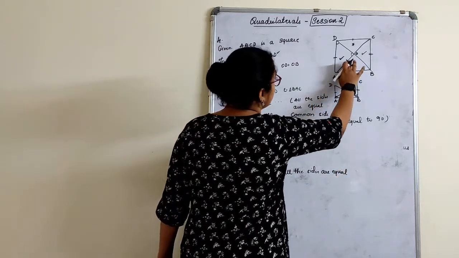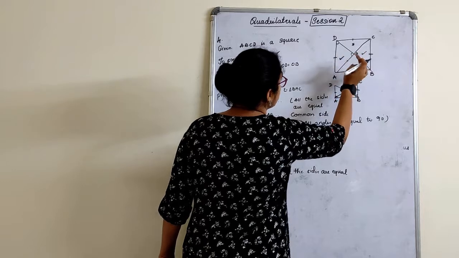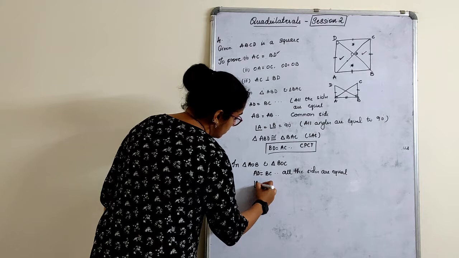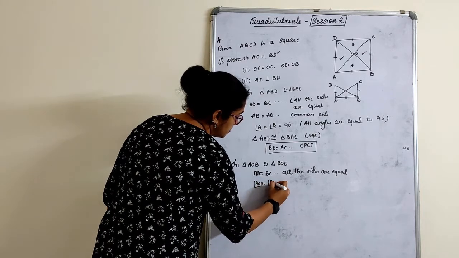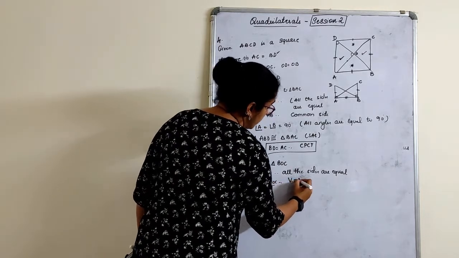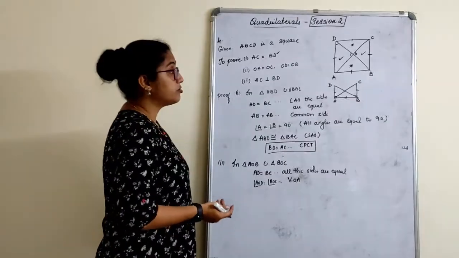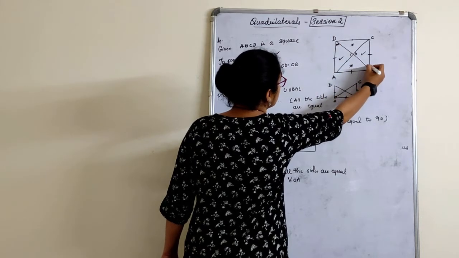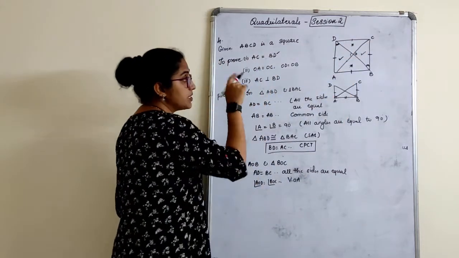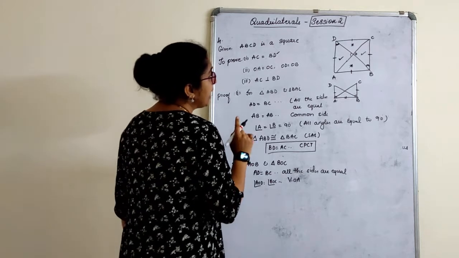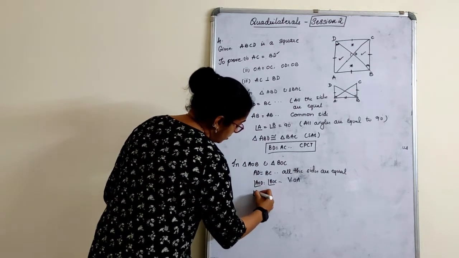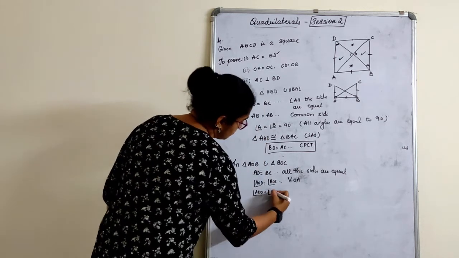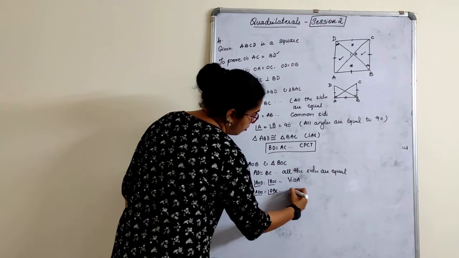Then once again let me remove this marking that will give a confusion. So two angles, AOD is equal to BOC, vertically opposite angles. Yeah, the next angle. Can I choose an alternate angle? Yes. So I can tell that this angle is equal to this angle because they are parallel lines cut by a transversal, Z formation. Angle ADO is equal to angle OBC, alternate angles.